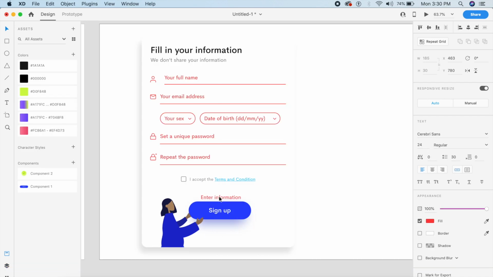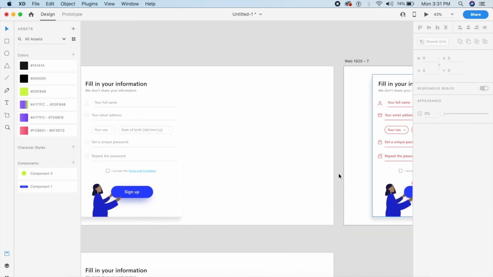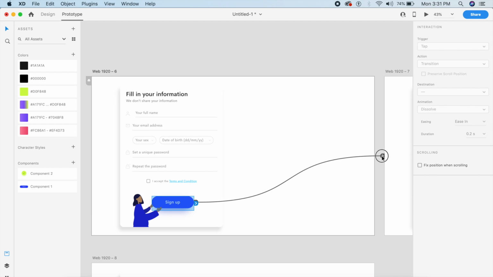Let's place this help text above the sign up button. Make sure this is centered as well. And now let's go ahead and prototype this. So here, if I click on sign up, I just wanted to drag the arrow to the second artboard. Make sure it has tap trigger on, auto animate is on, and ease in out, we're going to use ease in out, and let's make this 0.7 seconds